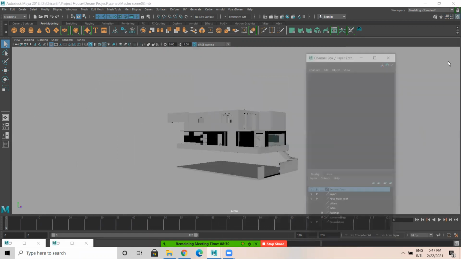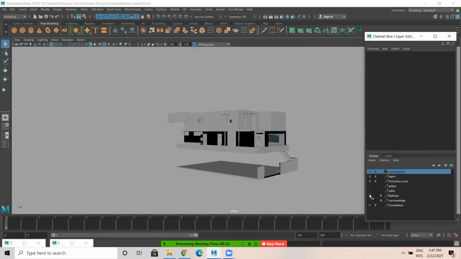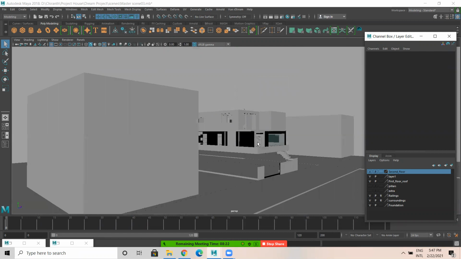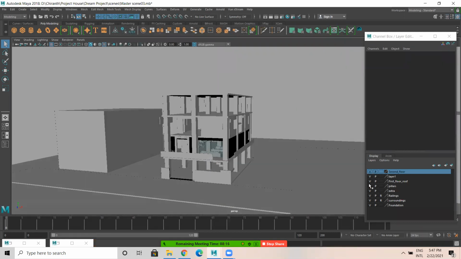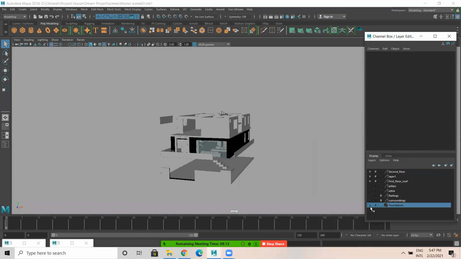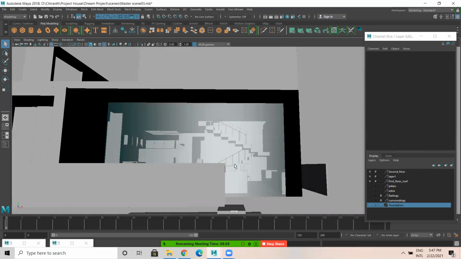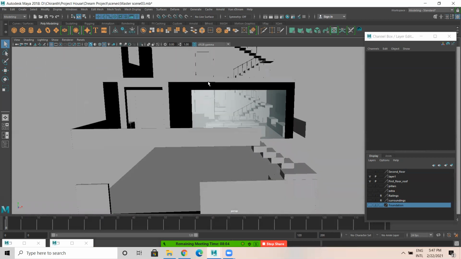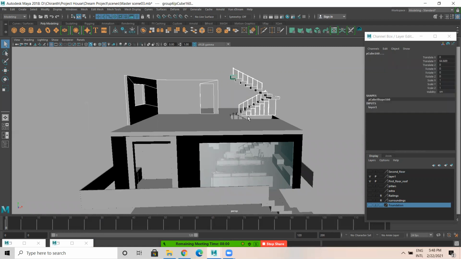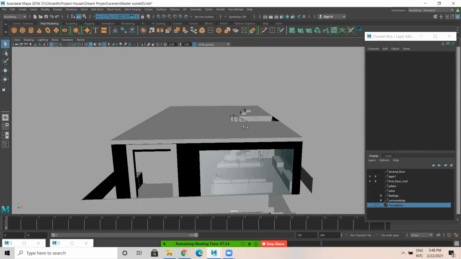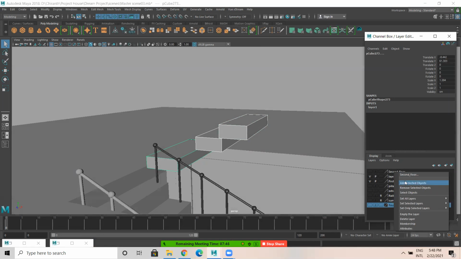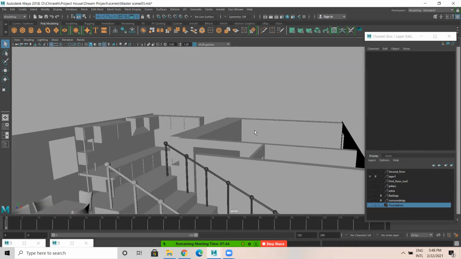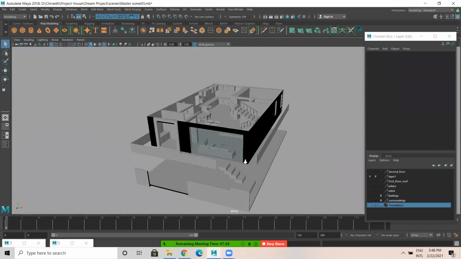I'm creating it in 3D so that you will understand how to do it. There is a ground floor, which will be parking, an open area.